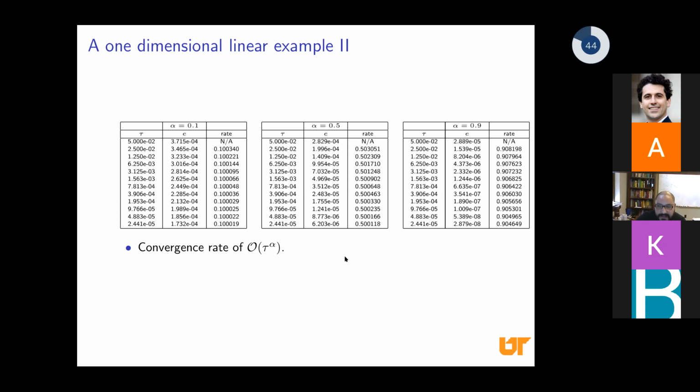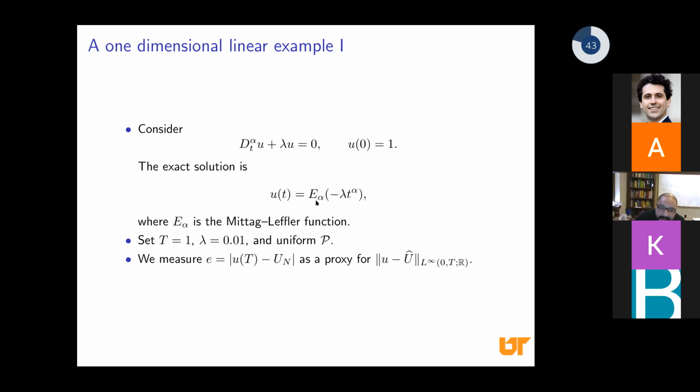We have some partial explanations for that, but it wouldn't be surprising that our theory is not completely sharp in this case, right? Because our theory is supposed to handle differential inclusions in Hilbert spaces, and here I'm essentially trying to kill a mosquito with a bazooka, because this is a one-dimensional example that on top of that is linear.